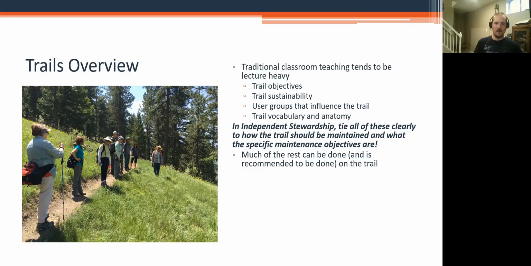What are some other priorities agencies will set around how they manage their trails? And that gets into the objective section, where they might want a technical mountain biking trail. They might want an interpretive trail that's open to families, and so on and so forth.